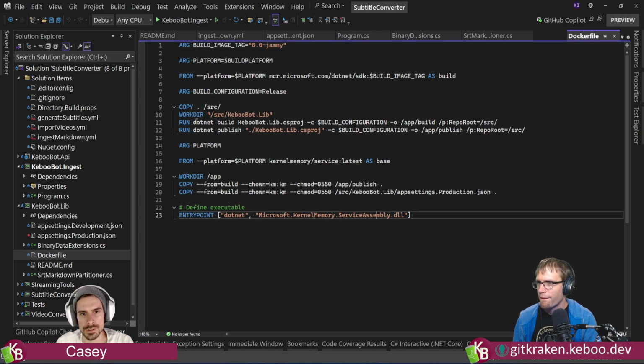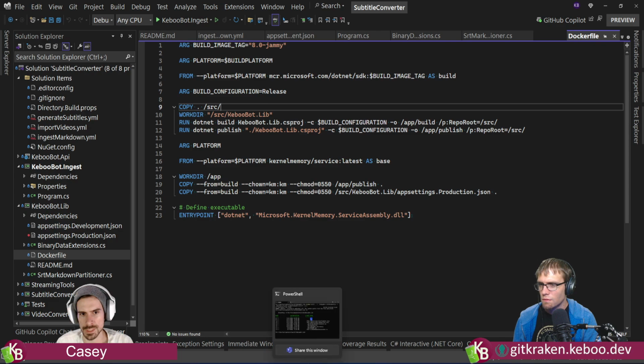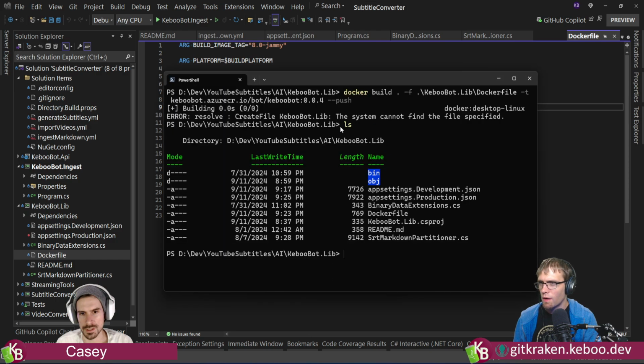CSproj. Source lib, because we copy where we're at into source, make the lib our working directory, grab the CSproj. That should be fine. And then we switch to the app directory. Yeah, I'm just trying to figure out where in this path we are.